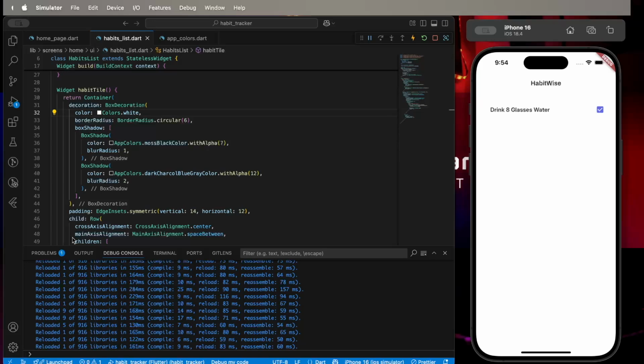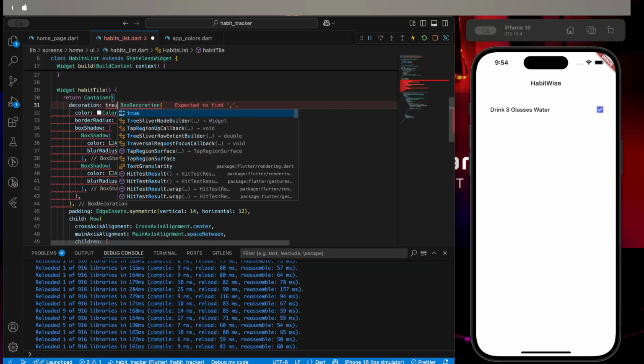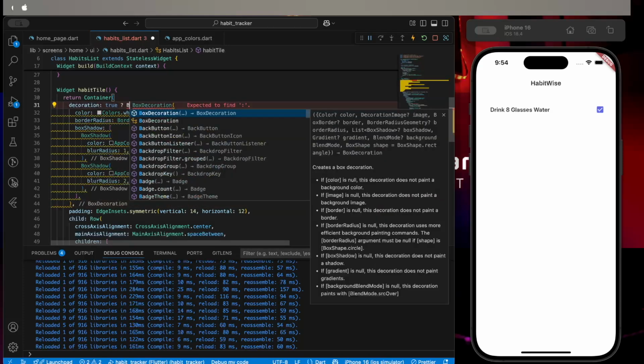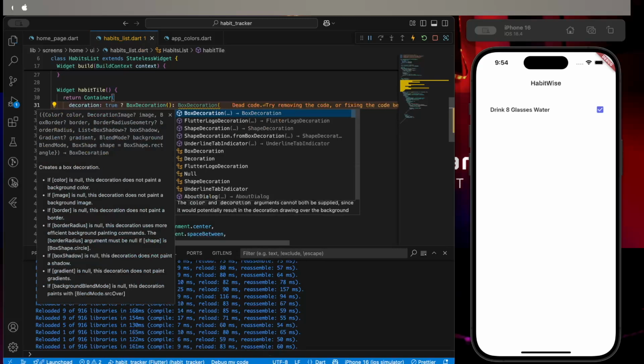Yeah, it's matching, and we need one more thing also. If user, I think, okay. We have to do one more thing also. Like we have to show the else condition. True if box decoration else. Okay,